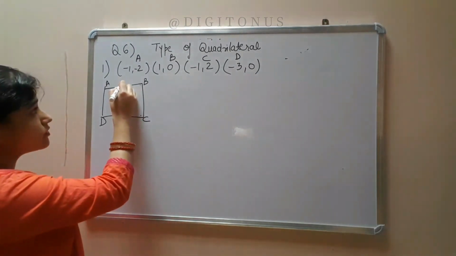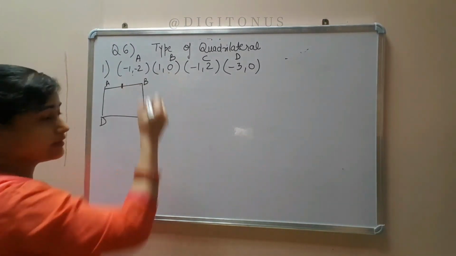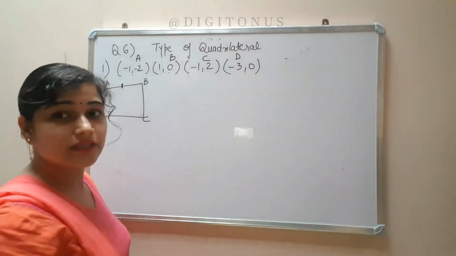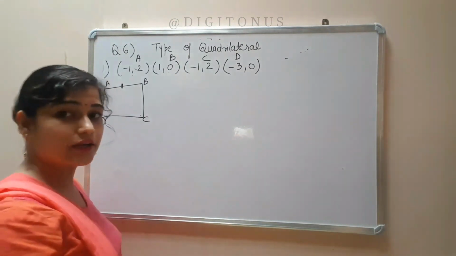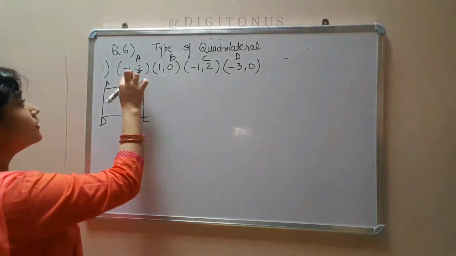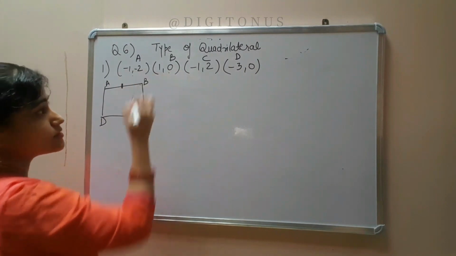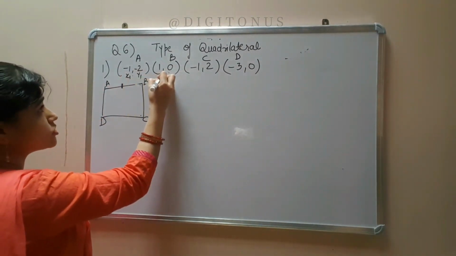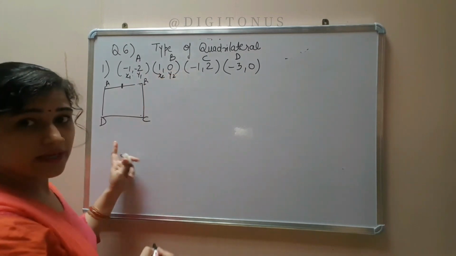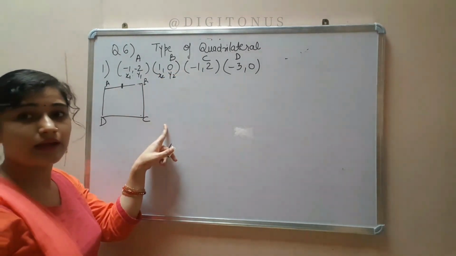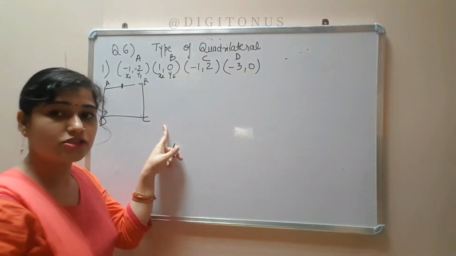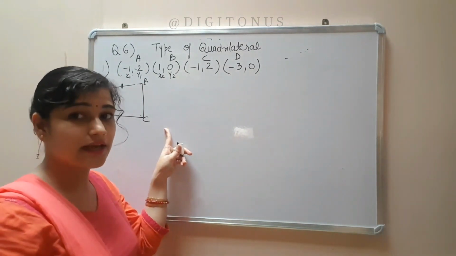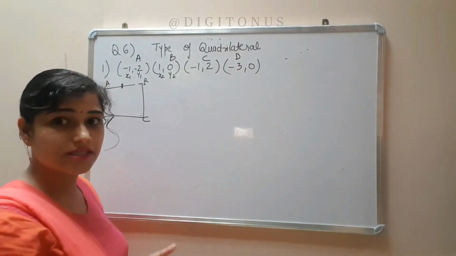So first we will find out the distance of A and B. Then we will give them the names x1 and x2, y1 and y2, because these are very important things. So if we are finding the distance between A and B points, this is x1, y1 and this is x2, y2. By this, now we will start applying the distance formula, and students, now we will calculate directly, we will not write each and every step.